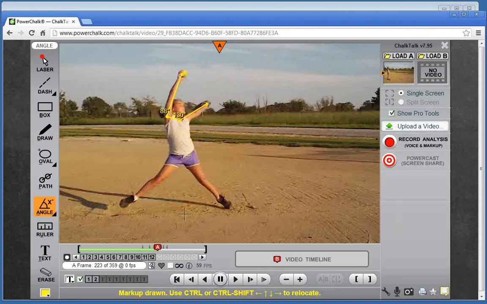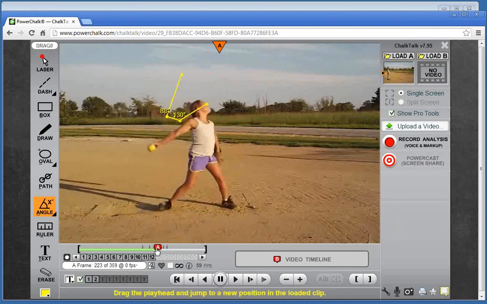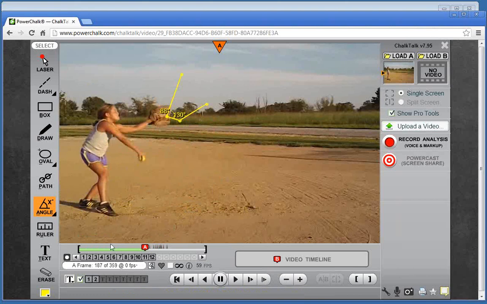All right. Now, in a lot of cases, what I'm trying to show my athlete is maybe that they're too upright or maybe too crouched. So in those cases, what I don't want to do is get them fixated on 88 degrees. So there's a case where I might, again, use the variation of the angle. And you notice as I toggle this, the only difference in the 2 angle tools is that one has the X and one doesn't. So if I choose the angle that does not have the degrees, then really what I want to show out of here is if I draw your